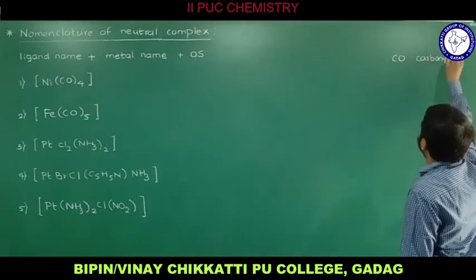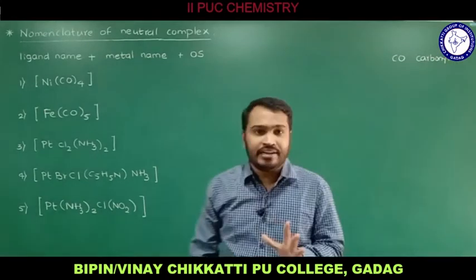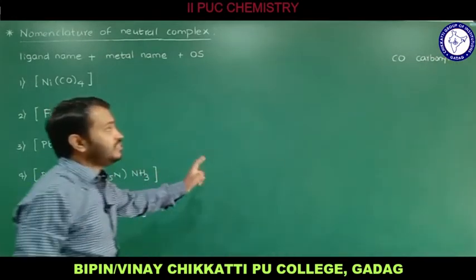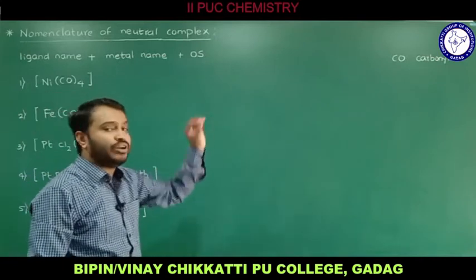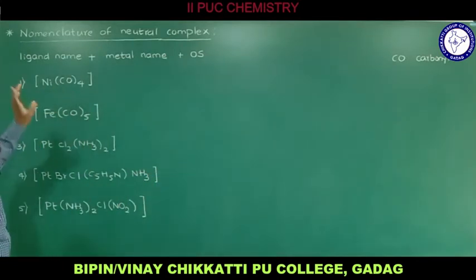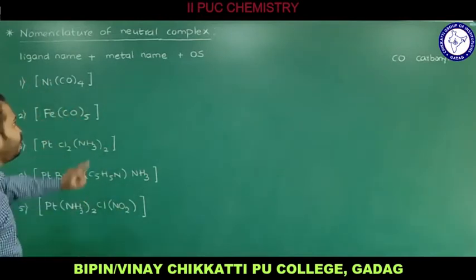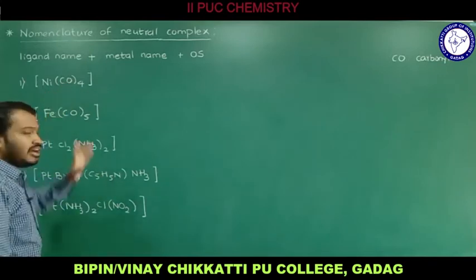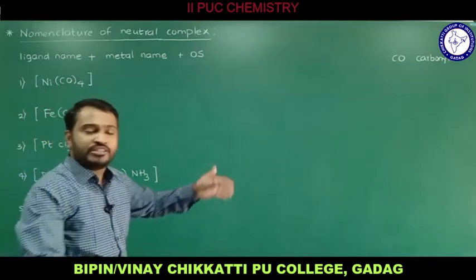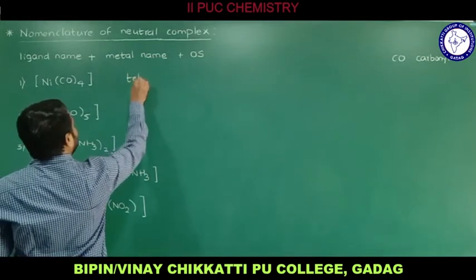In the list I have mentioned this monodentate ligand, in particular a neutral ligand, the name is carbonyl, capital C, capital O, carbon monoxide. Carbonyl we call it according to the rule. So carbonyl will be the ligand and Ni will be the central metal atom, and we'll write the name of that. The ligand name has to be written first, carbonyl, but how many carbonyl? We have 4 carbonyl, the prefix tetra you are supposed to add here. So therefore the name of this compound will be